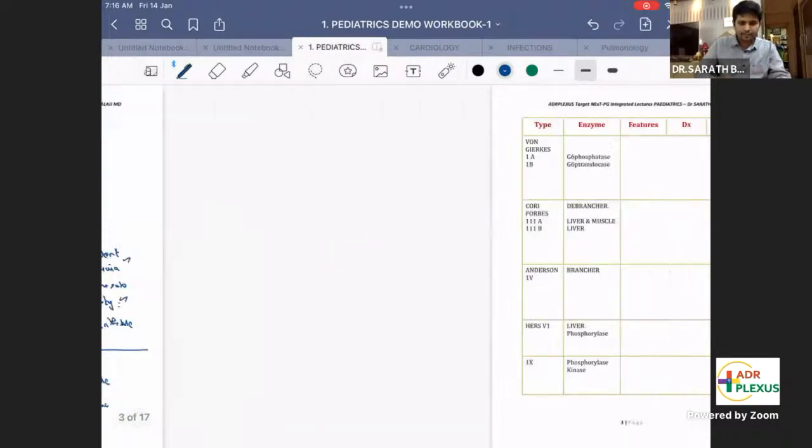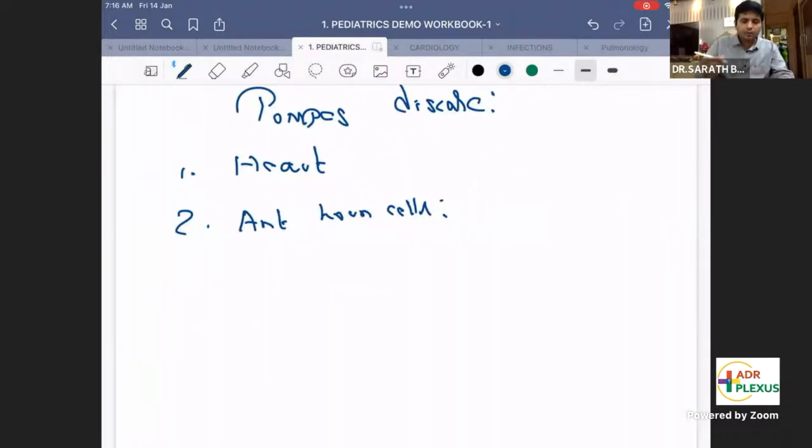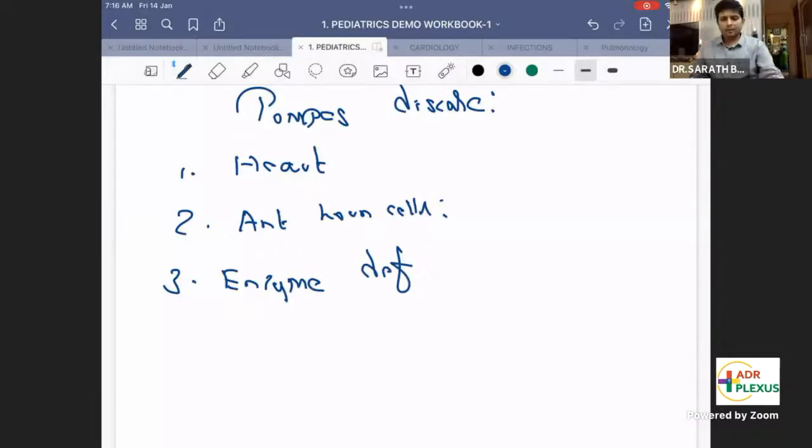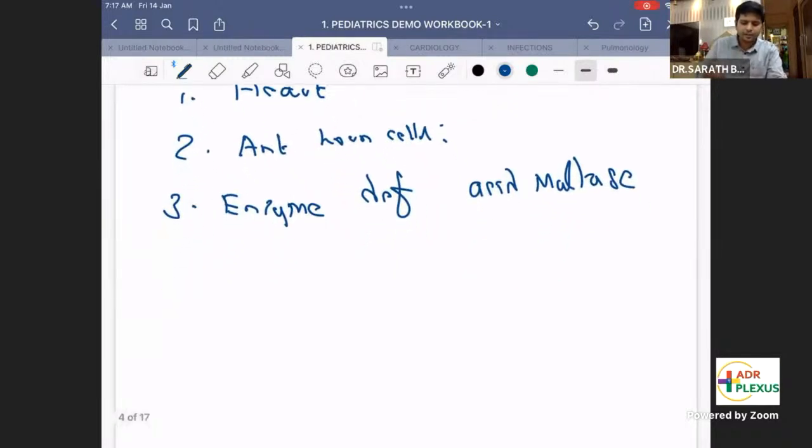Let me revise once again. Anterior horn cells. So whenever you have this accumulation, what is the enzyme that is deficient? Can anyone tell me? Acid maltase. So whenever this enzyme is deficient, the substrate will accumulate in the heart, leading to massive